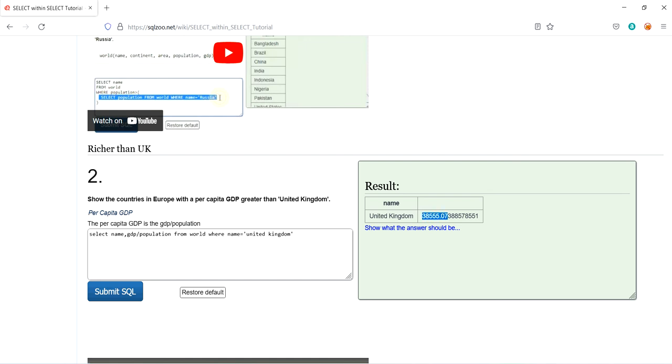Okay, let's copy this value up to here. Now write the command: select name, GDP by population from world where continent equal to Europe